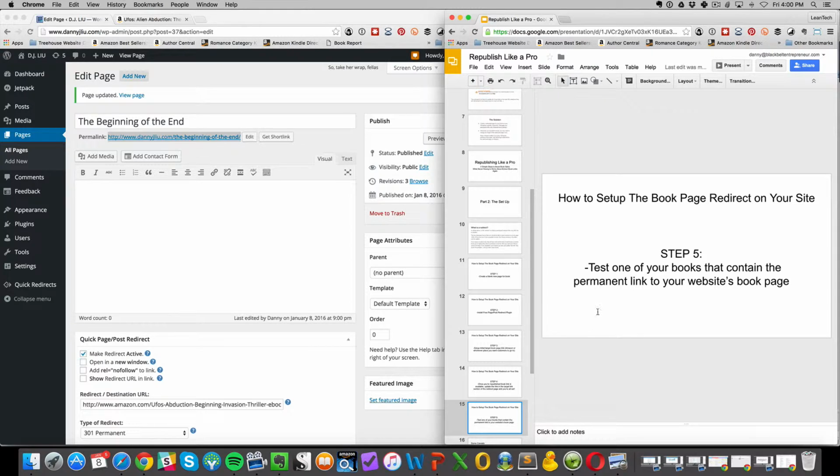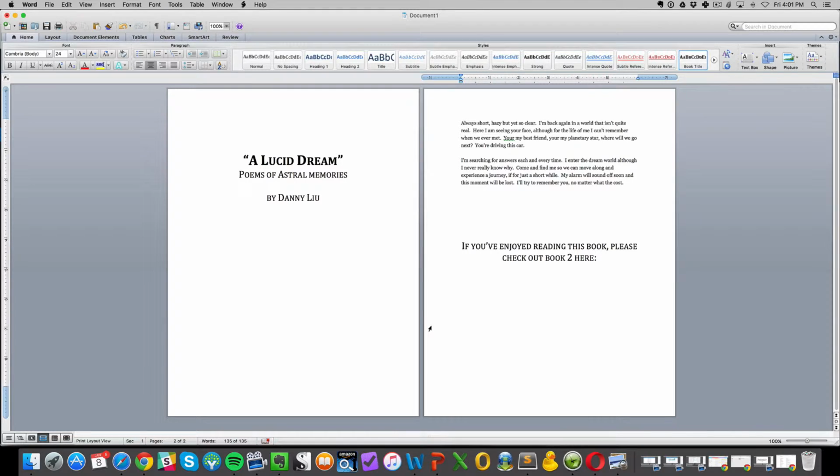So we're going to test one of the books, in this book in particular. You're going to want to test one of yours that contain the permanent link to your website's book page. So I'm going to switch over to Word here, and let's just say this was a book titled A Lucid Dream, Poems of Astral Memories, and this is kind of book 1, something related in the genre,